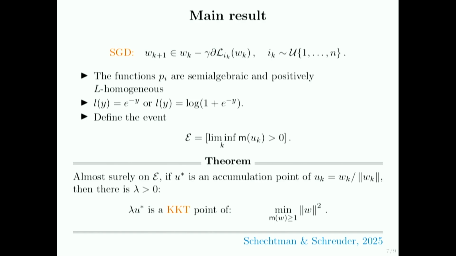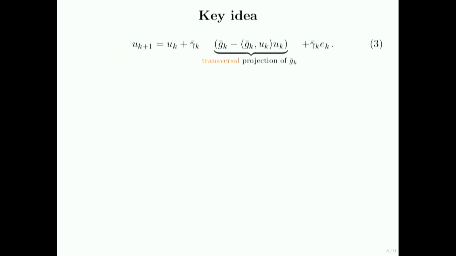Okay, so this is nice, but maybe I think that the proof is nicer, so it's really not hard. And I think I just want to give you a key idea. You just have to write down the dynamic and then know some things, and after that, the proof is trivial. So actually, what we do, we just write down the dynamic of UK. And we find out that UK can be seen as a stochastic approximation or Euler discretization of some kind of subgradient flow.